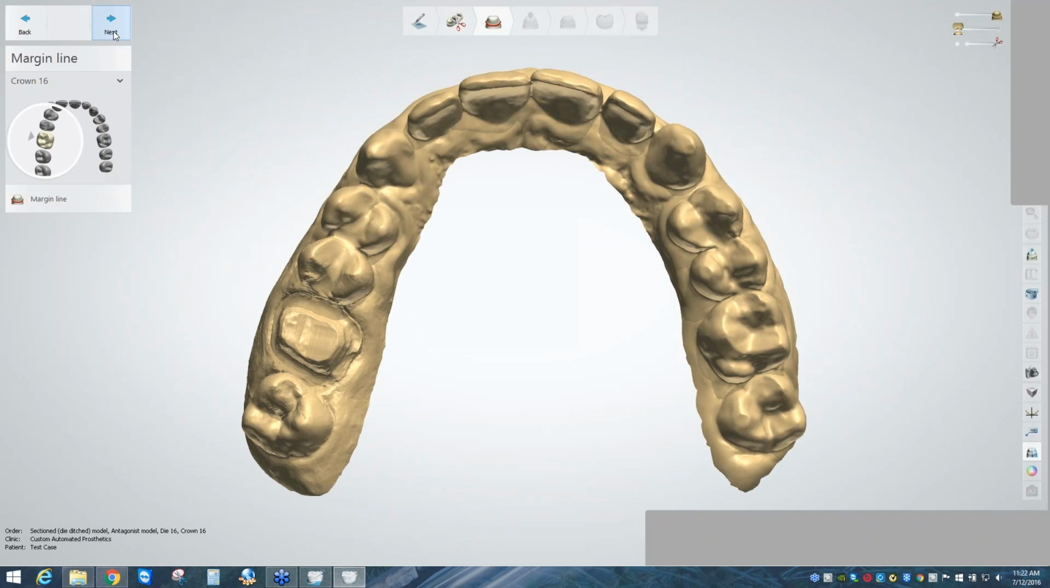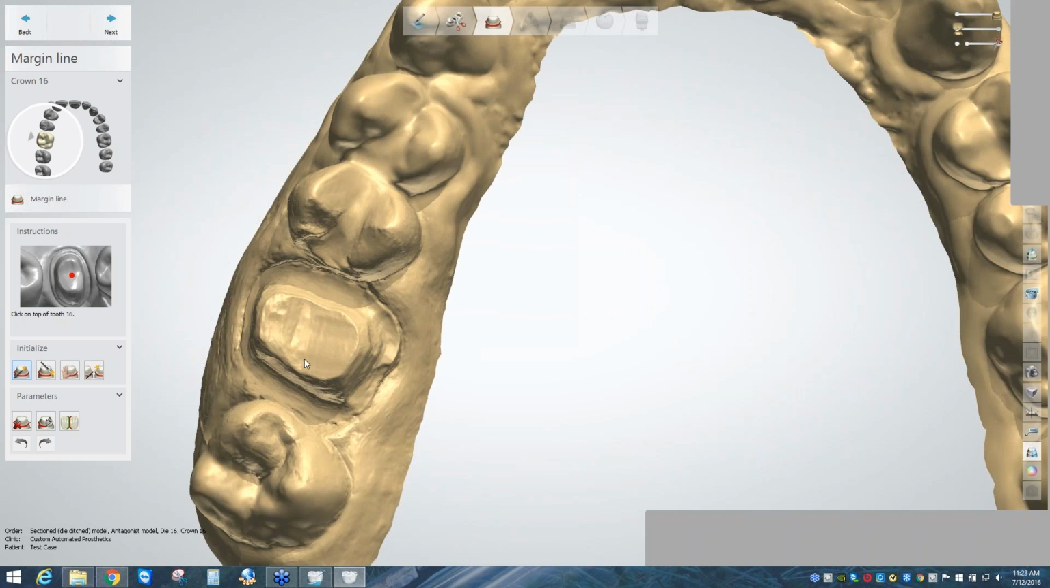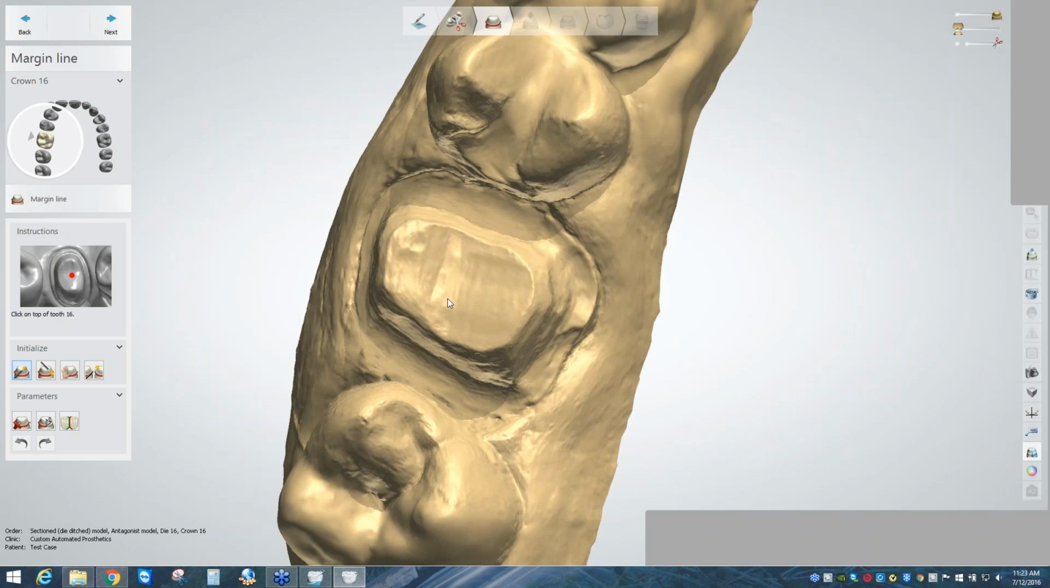The next step is similar to margin marking, but it's actually completely separate. So we see in our list of stages, we have a margin step here, and then we have another margin step over here. This initial margin, the goal is actually in order to section the prep area from the rest of the scan. So if you've scanned unsectioned models, this is similar to that, where you'll click the top of your prep,